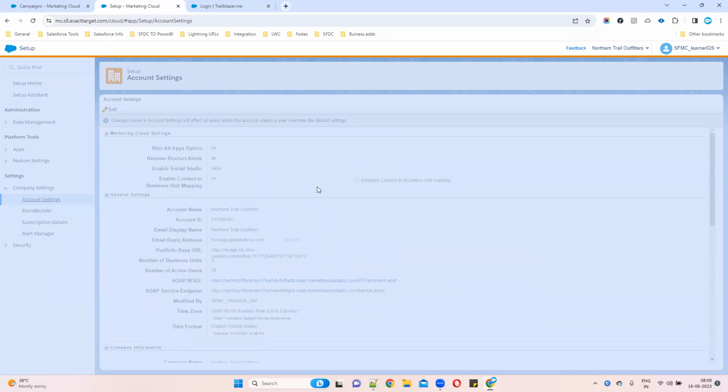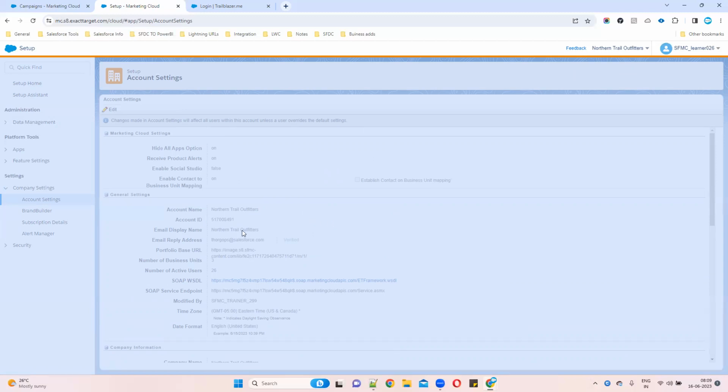So here you can see our org information. What are all those things? Here you can see, right? Yeah. So you can see now the Marketing Cloud ID is also there. Here also it is there. So it is your org ID, business unit ID. These are the two ways you can find your Marketing Cloud account ID.